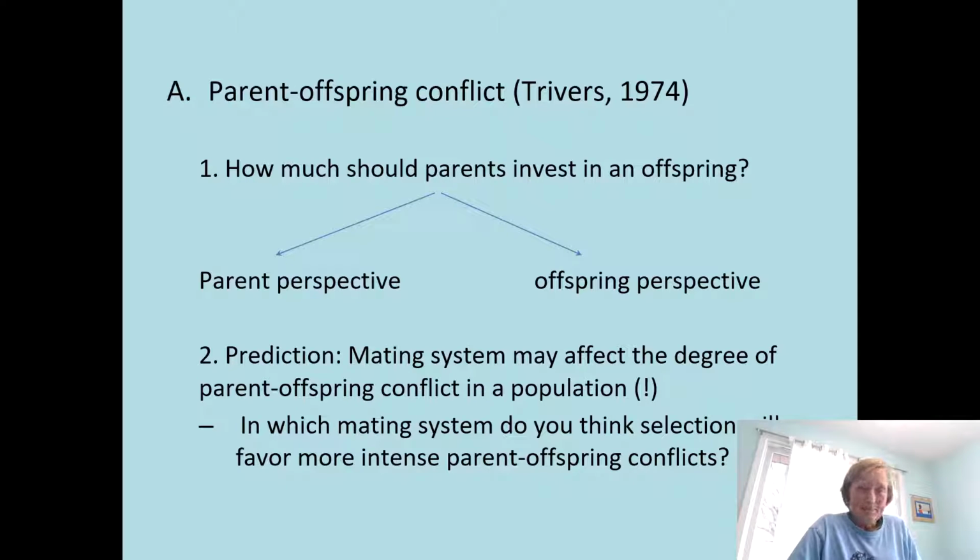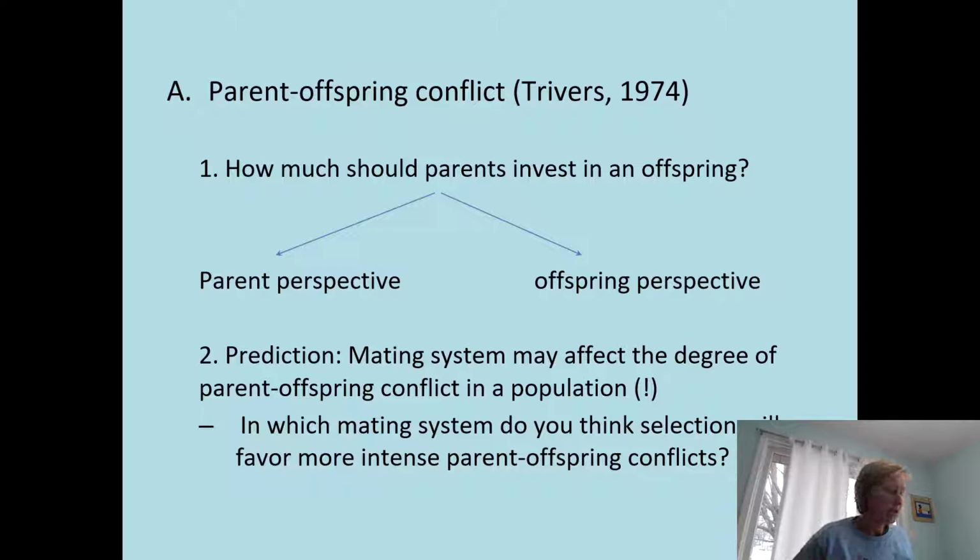So in terms of parent-offspring conflict, we need to think about parental investment in offspring. And we'll talk about this more in a couple of lectures down the road. From the parent's perspective, a parent should invest heavily in its offspring, but try to raise as many offspring as possible who are healthy, right? So to provide as much aid to each child as possible over your whole lifetime. Each child is related to a parent by 0.5, basically. They share about 50% of their genes with each child. So each offspring is equally related to the parent. So a parent should try to spread the wealth, so to speak, raise as many offspring as possible who are